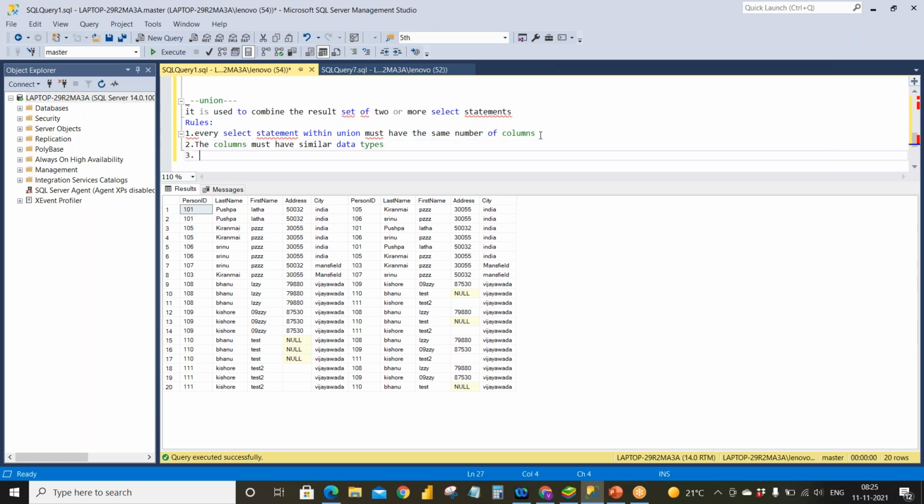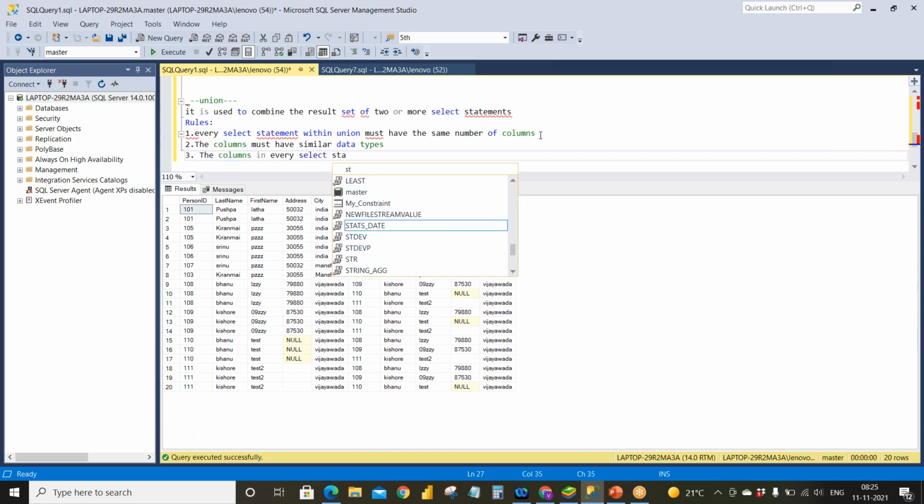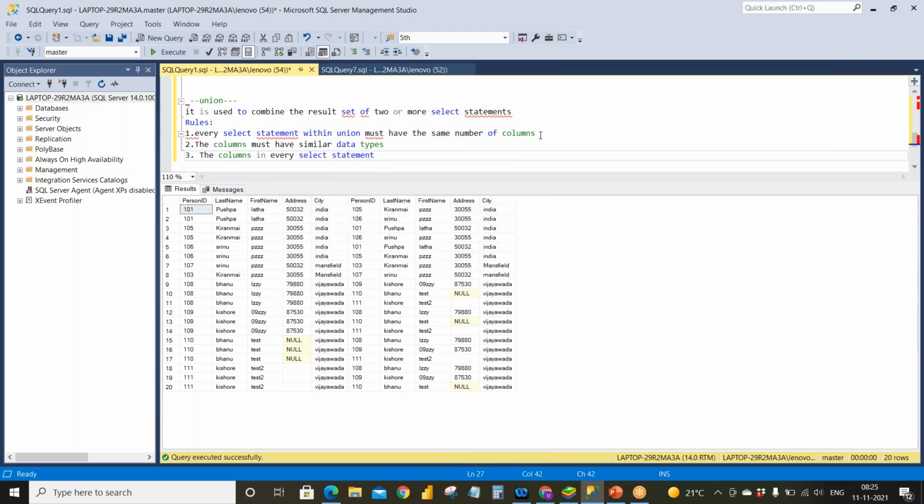The third rule is the columns in every select statement must also be in the same order. Okay, so I want to explain this. First thing is every select statement within union must have the same number of columns.